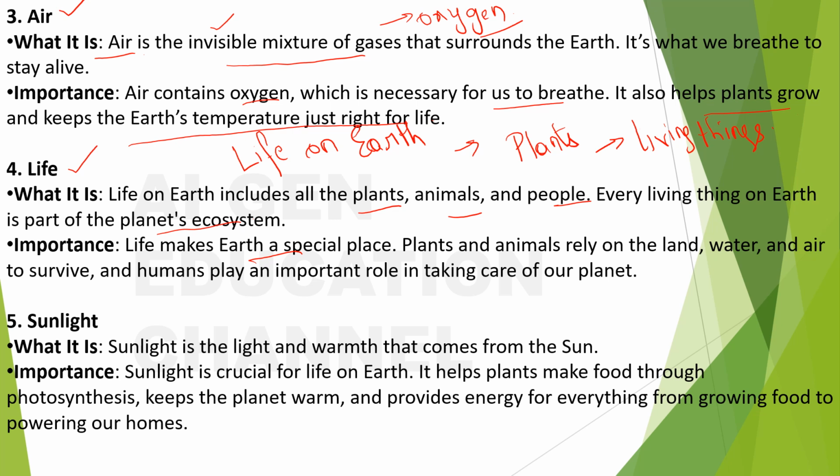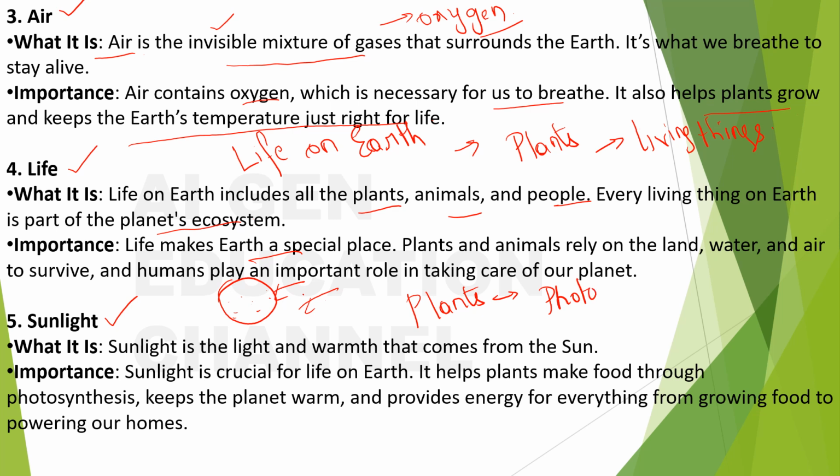Next is sunlight. What is sunlight? Do we need sunlight? Yes, sunlight is so important for life to sustain, right? Earth also needs sunlight. For life to survive and do its work, for sustainability, you always need sunlight. Tell me why. Just think. For all the other purposes it's fine, but I have already mentioned one purpose. Do you remember that? Yes, plants, photosynthesis, right?